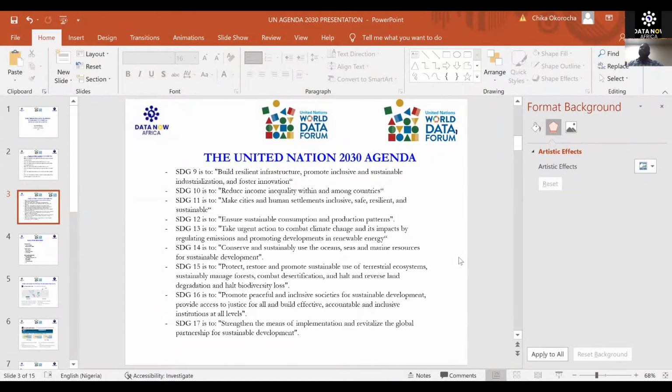Geospatial professionals are always thinking about how we can use geospatial data in carrying out modeling and geospatial analysis. Because there is no way you can model the trend of poverty in the world if you don't have a foundation.